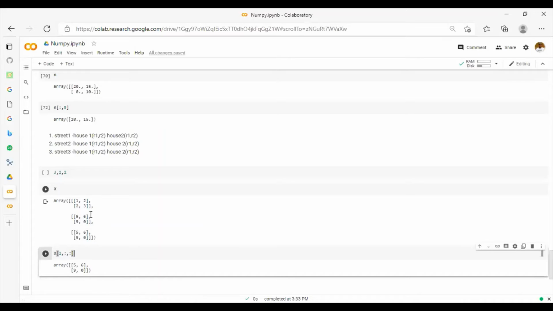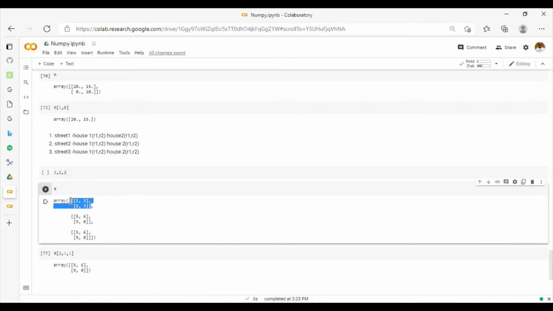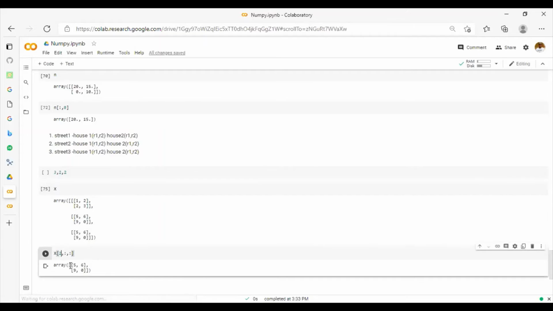If I need everything in this particular street, I have to say that I need everything in street 0. Then I need all the houses and I need everything here. Do you understand that? So let me split it like this: 1 comma 0 comma, then 2 comma